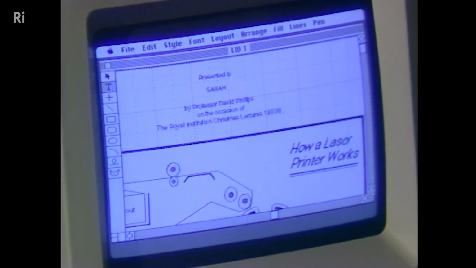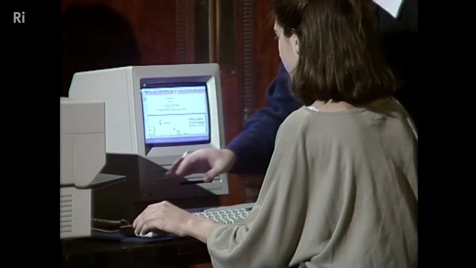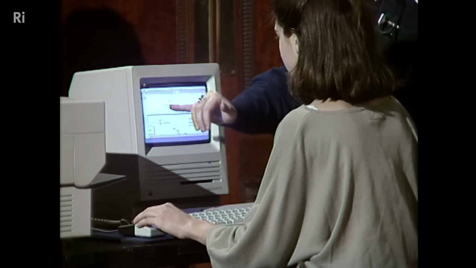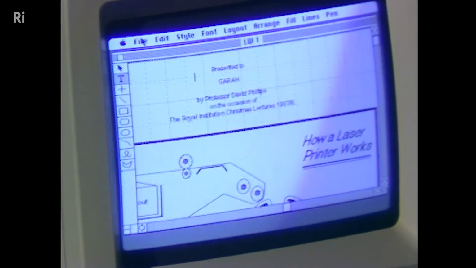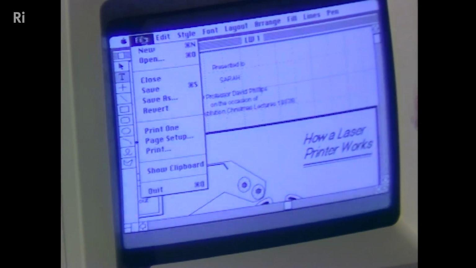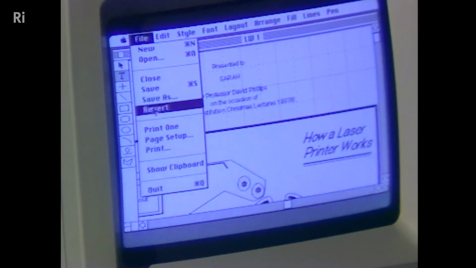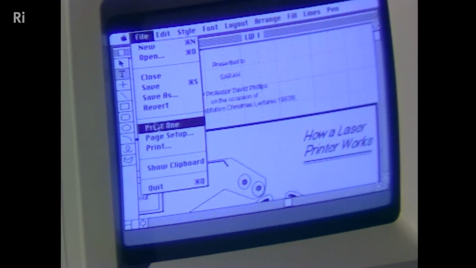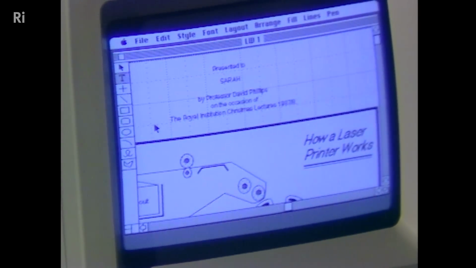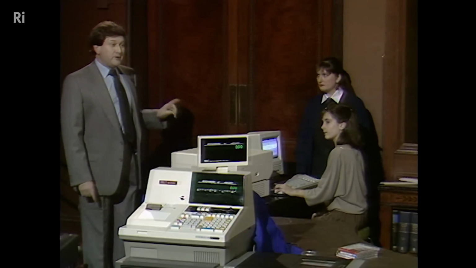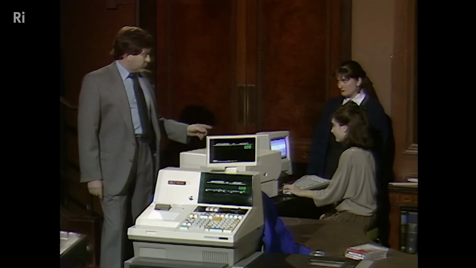That's great, okay. Now, move the cursor, and I'll just go to you. Move the cursor using the mouse over to the file menu there. Right, click the button down. Now drag it down, right down to print. And release the button. All going? What has happened here is we have pre-programmed some information into this computer and word processor, and